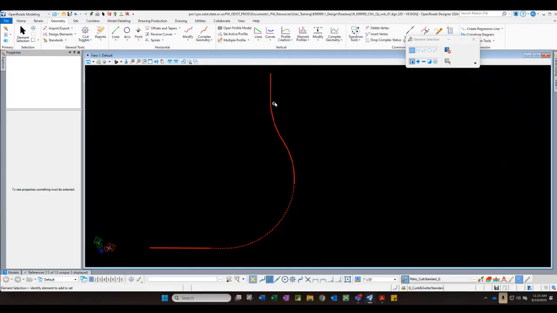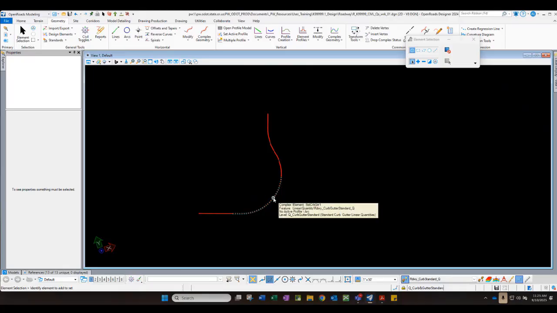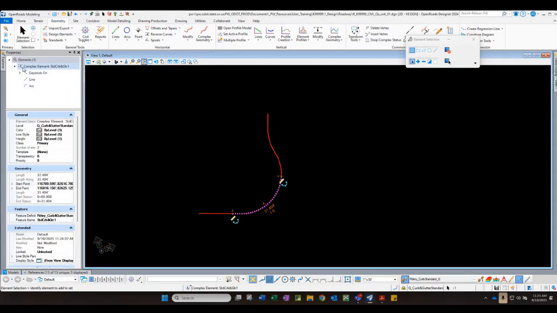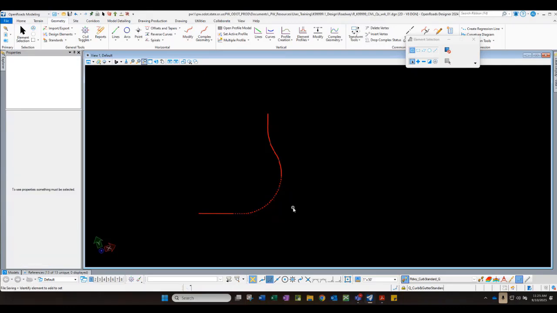So now we have lines in this file, right? But unfortunately, to label the length, because the ultimate goal is to get the length of these lines, right? The quantities tab or the quantities labels, they don't necessarily like the complex element, right? So we have to make this a complex chain. And to do that,